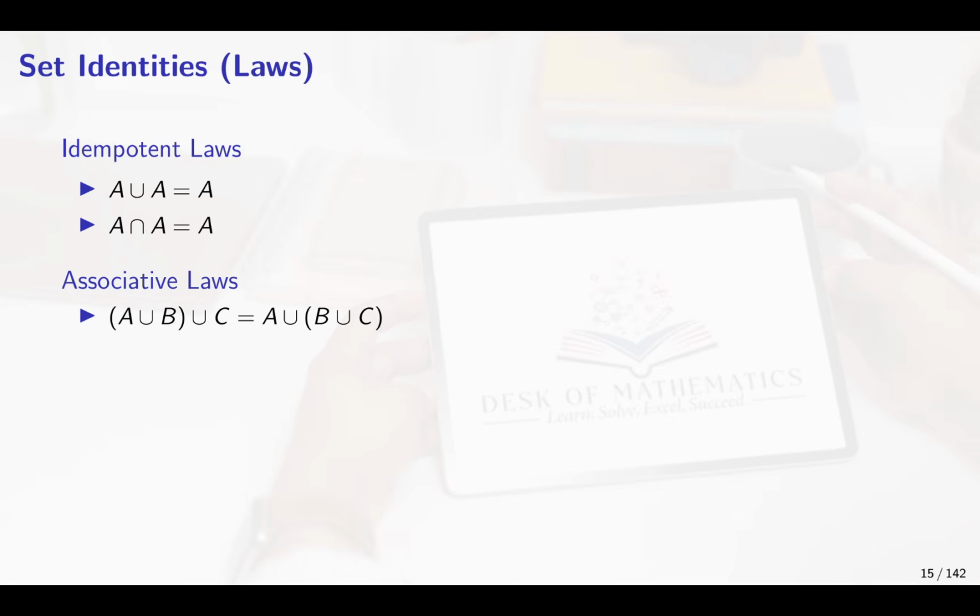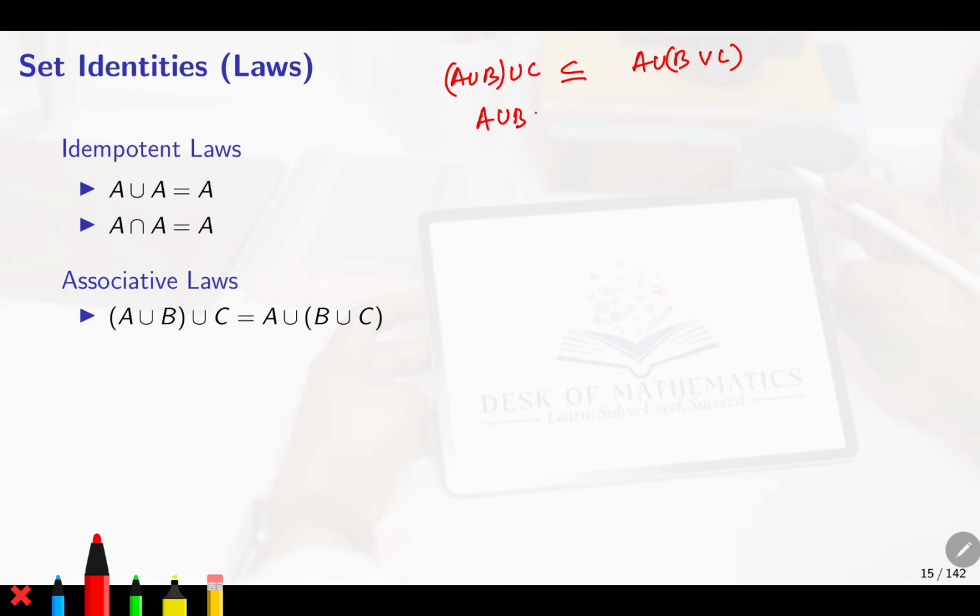Similarly, there is the associative law. You have to show that (A union B) union C is equal to A union (B union C). So what you will do is show that (A union B) union C is a subset of A union (B union C), and similarly you will show A union (B union C) is a subset of (A union B) union C. From these two properties you will get